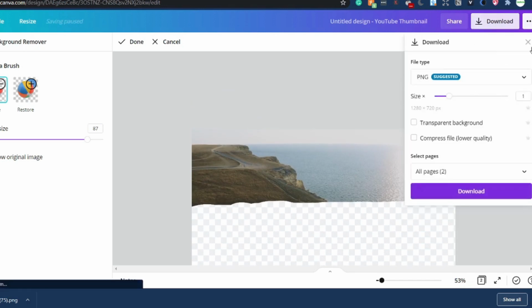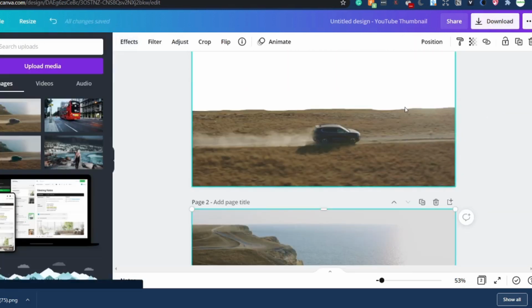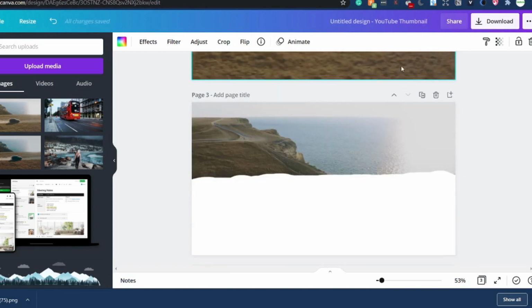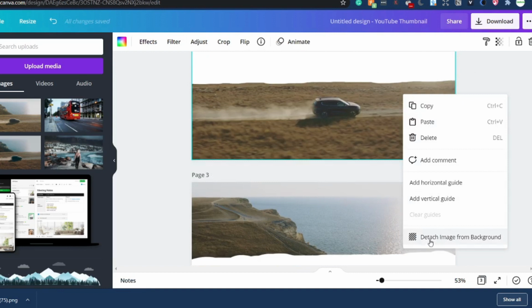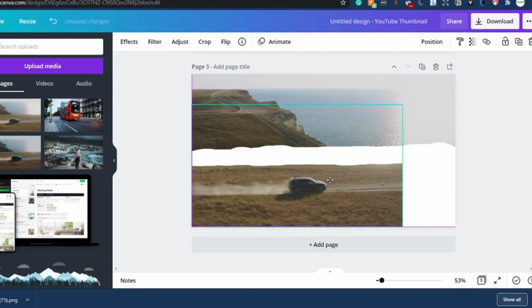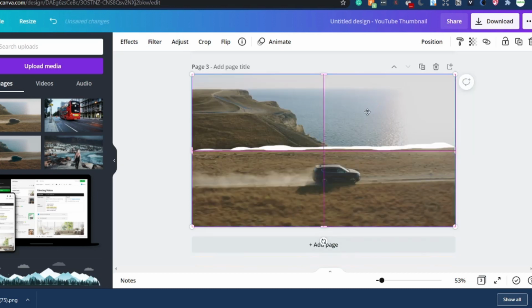PNG, and if you want, this is not neat work, so what you can do, you can create a duplicate page of this and then click on detach image from background and just bring it down and place it over it. So you can simply add the image from above and you can try to compare if you have completed both the images together.